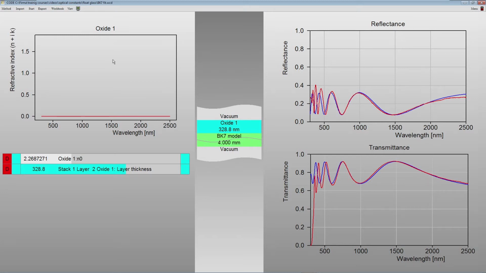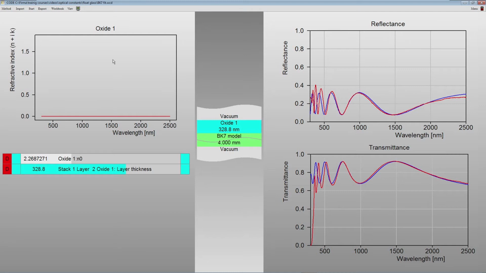Let's first introduce a little bit of dispersion by adding a simple harmonic oscillator very far in the ultraviolet, and that can represent high energy interband transitions, and we can simply try if that can help us already to get